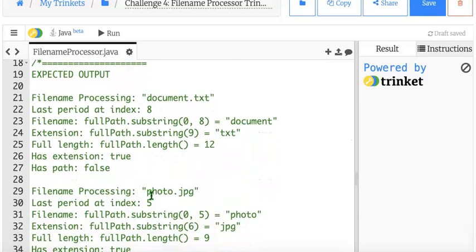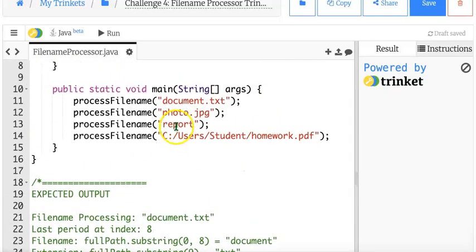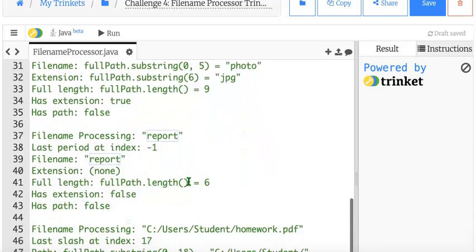And so the idea is for document.txt, it should print out 8, which is where the index is, and it should print out the file name, the extension, the length, and whether or not it has an extension or has a path. And I can anticipate that the only problem will be this one here, because when we try to, we'll end up getting a -1, which means there will not be an extension. So we might need to add some sort of an if-then-else statement to handle that,